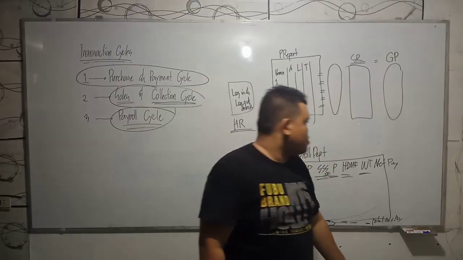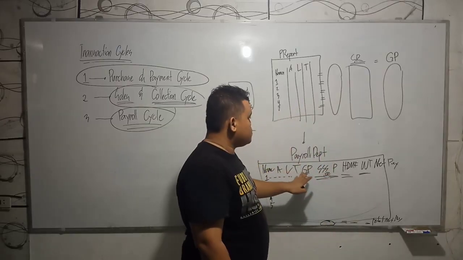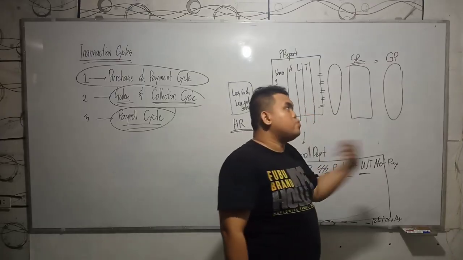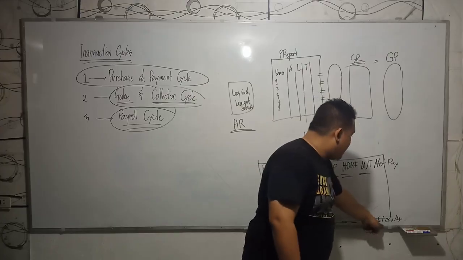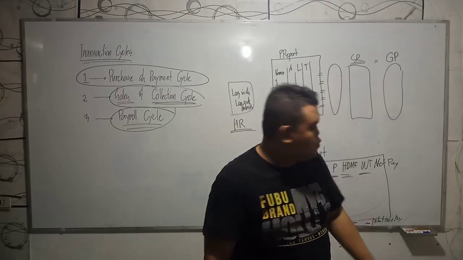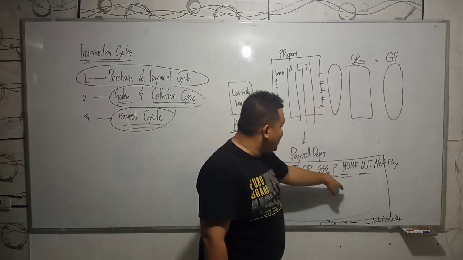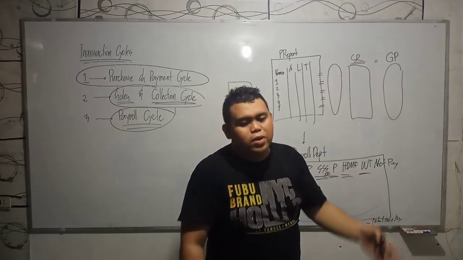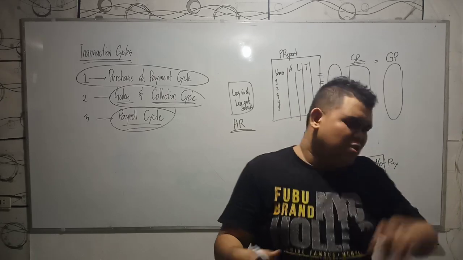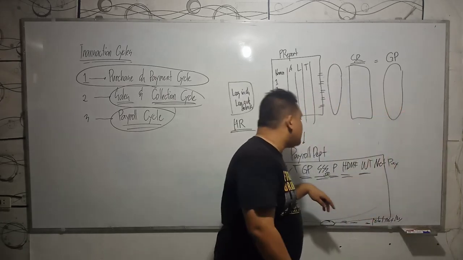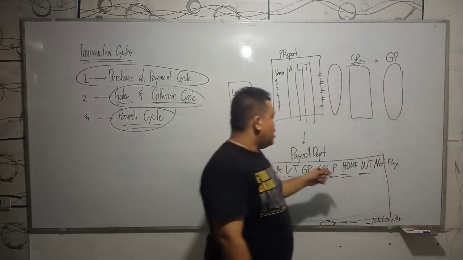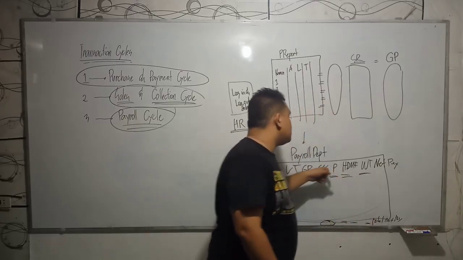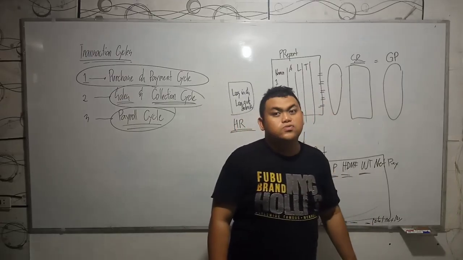Okay? So, there are a lot of transactions related to payroll because you don't have to just pay the employees of their net pay, but also you have to remit these things. So, SSS, PhilHealth, and Pag-ibig has employee share and employer share. And it should be remitted to those government agencies here in the Philippines. And then the withholding taxes should be remitted to the BIR. And they have different deadlines or schedules.